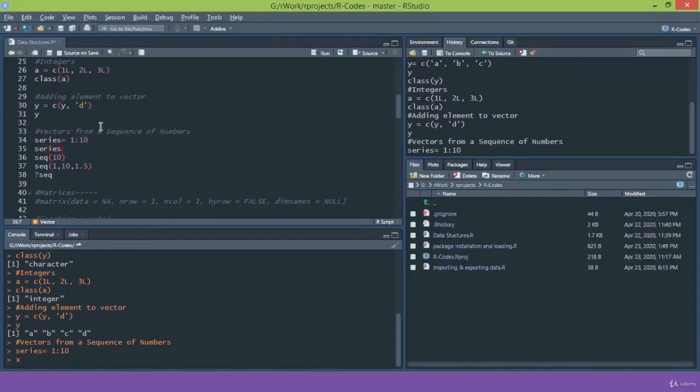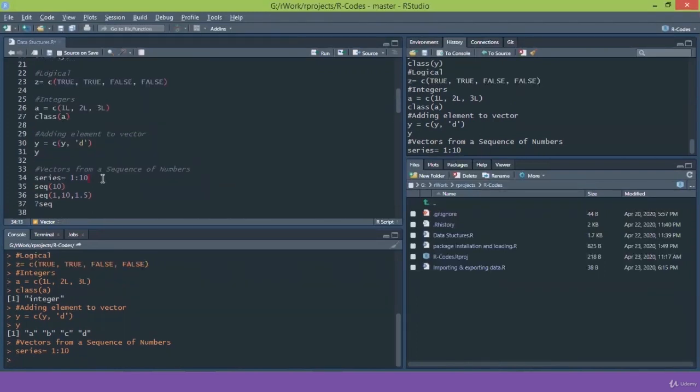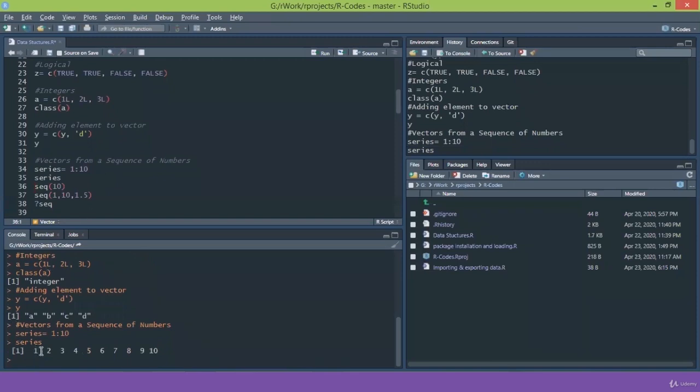and writing the name of the variable and pressing Ctrl+Enter. You can see I have created a vector from 1 to 10. We can also check the class of this variable. Let's print the value of the series variable, and you can see the numbers 1 to 10